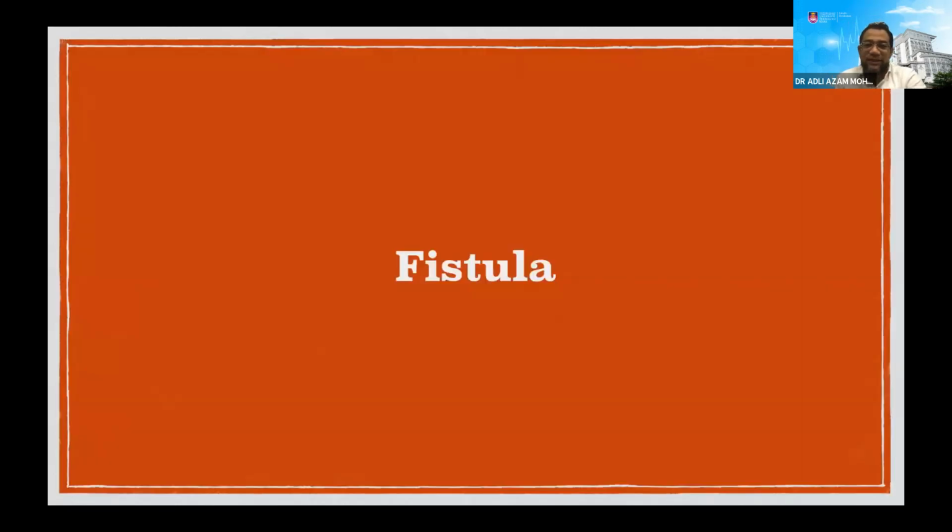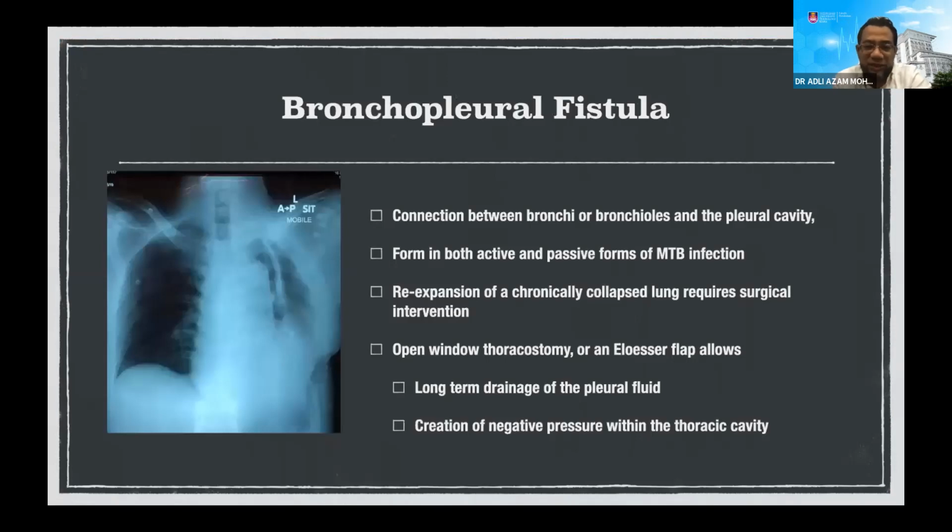So, bronchopleural fistula. I think we discussed it just now, but I want to talk about it from my surgical point of view. We understand it's a connection between the bronchi and the pleural cavity. It can happen in both active and passive forms of MTB infection. Re-expansion of a chronically collapsed lung requires surgical intervention. Of course, open window thoracostomy or Eloesser flap allows long-term drainage of pleural fluid and also creation of negative pressure within